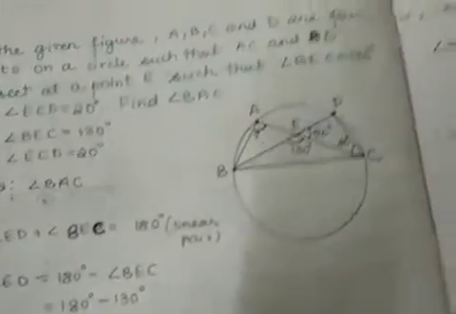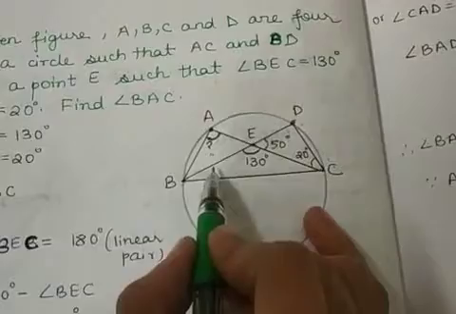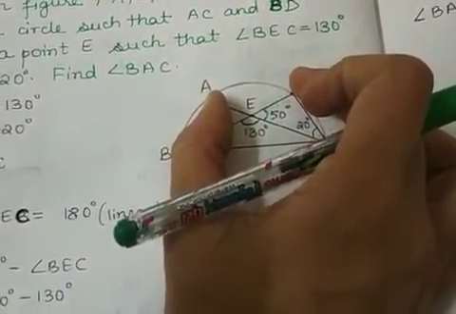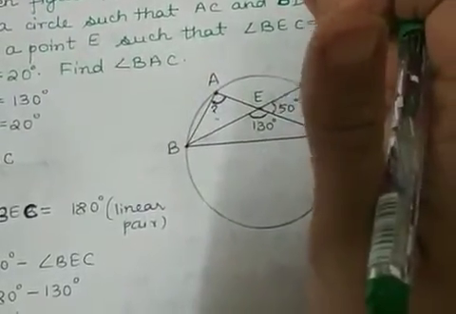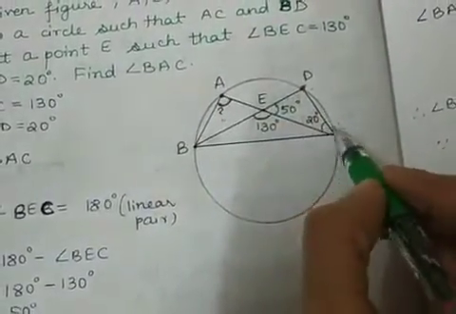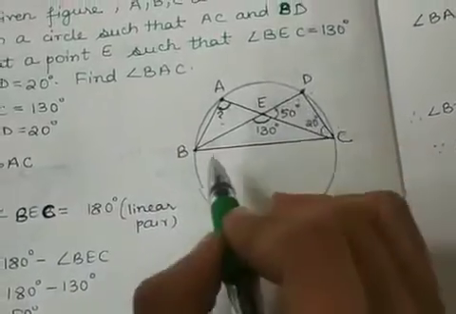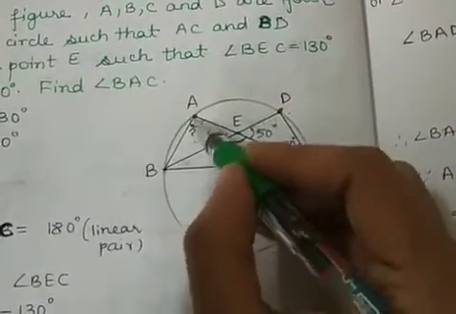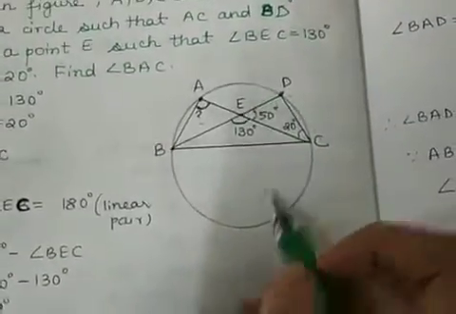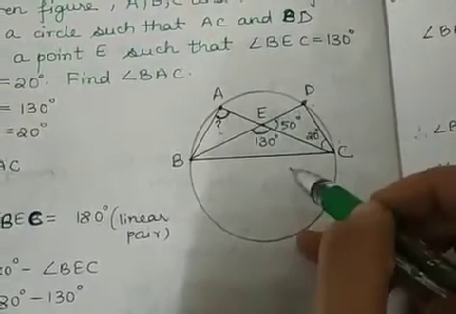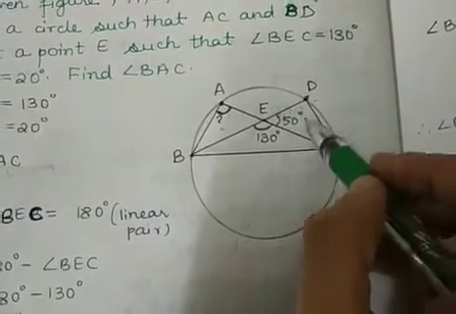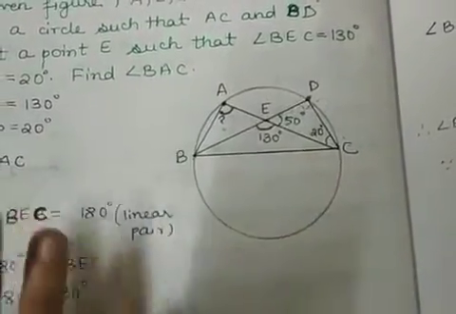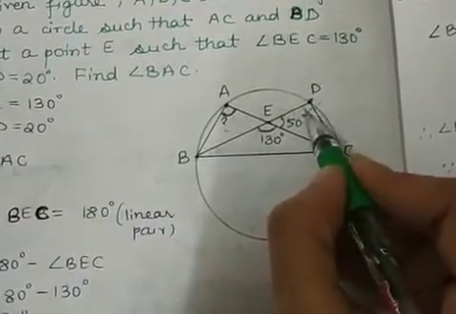Now what I am trying to prove here is, you know that if you have 2 points lying on the same segment of the circle, then this angle and this angle will be equal. That is one theorem you have studied, that if the angles lie on the same segment of the circle, then those two angles should be equal. So if I find this angle, then this angle will be equal to this angle by that theorem. So now can I find this angle?